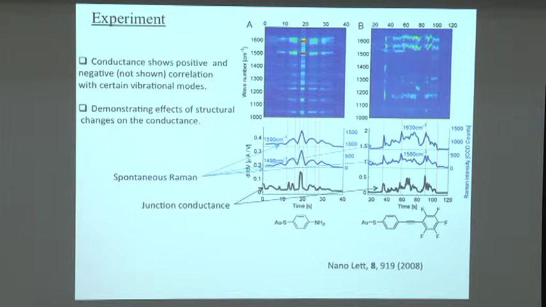What they have done here is they have excited these Raman modes in the molecule, and at the same time they studied the conduction of the molecular junction. What they found is there is a very good correlation between these two signals. One is the optical signal, and the other is the incoherent